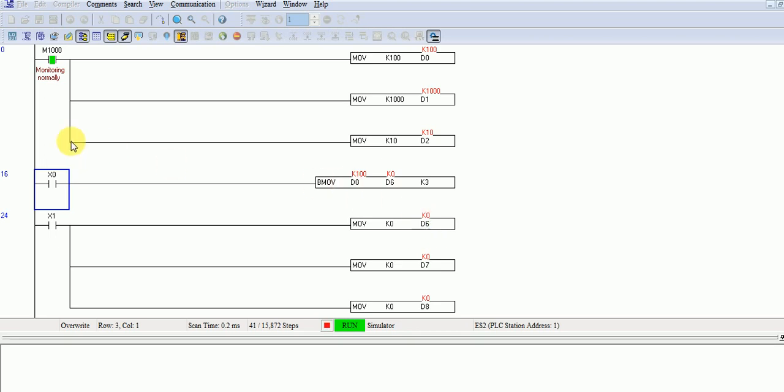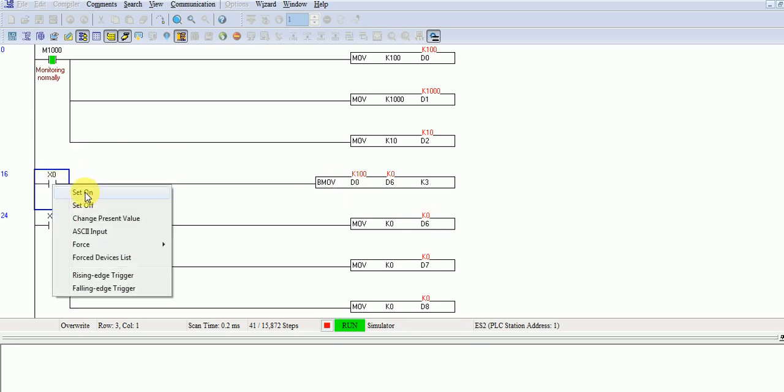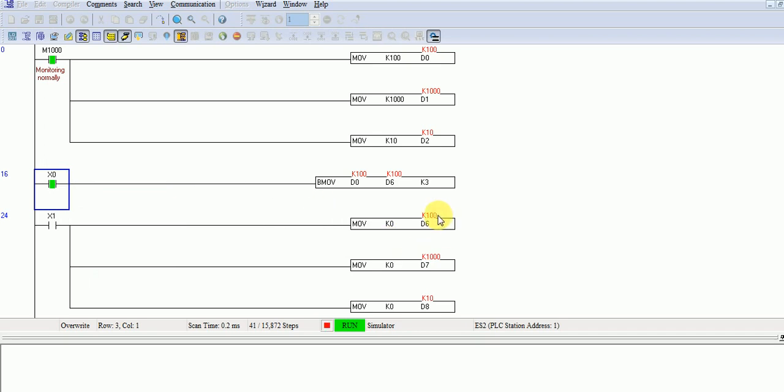When I set on, D0 is shifted to D6, D1 is shifted to D7 and D2 is shifted to D8. This is the main work of bmove: it moves this block to that block.